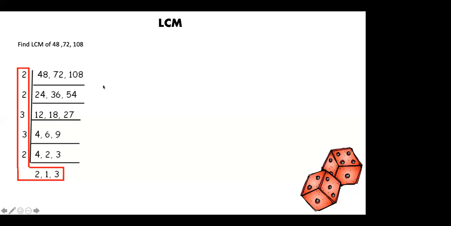Ma'am, she should be saying 2, that 2 3s and 4s are 4. How did you write? 2 and 3. See, you have forgotten how to do HCF. How to do it. Ma'am, look, I got the answer, ma'am. What is the answer? Ma'am, 432. Yes, 432 is the answer.